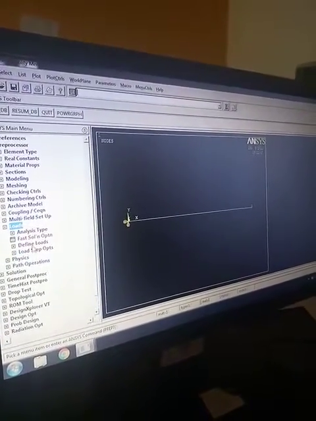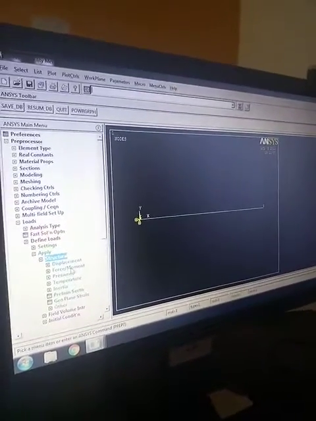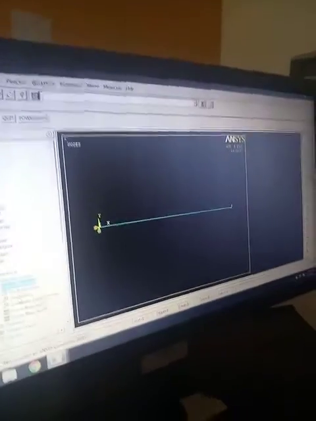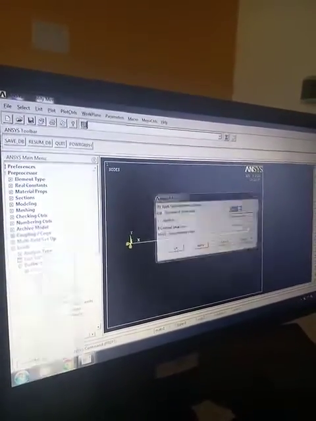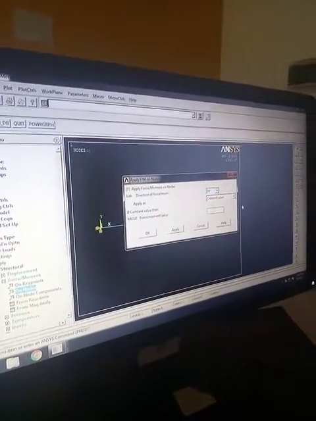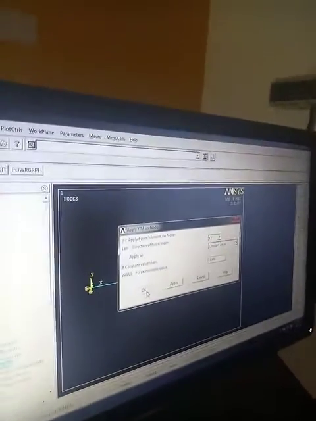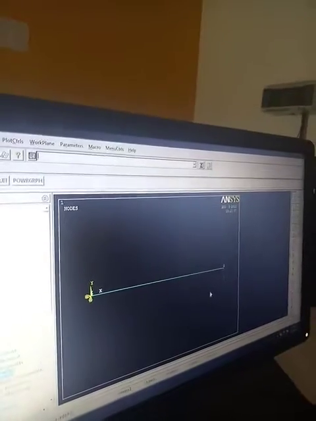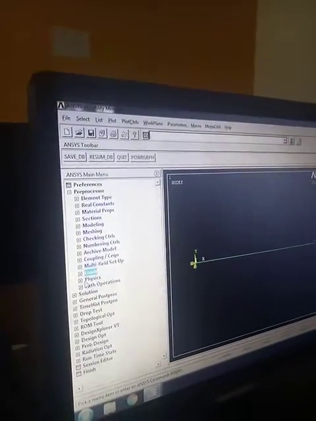Loads, define loads, apply structural, go for force/moment, then click on nodes, click on node 2 and give OK. Change the direction to Fy and give a force/moment value as -1000. -1000 means it is a downward value which is given in the question. So this is the value. Then after this, go for solution,